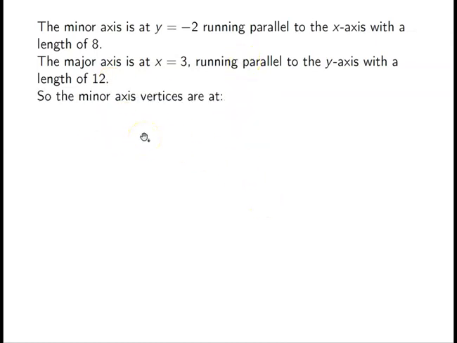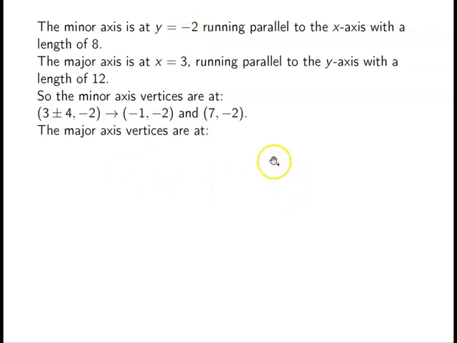so a length of 12. The minor axis vertices are then going to be located from the center, which is (3, -2), but I know that this length is 4: 4 in one direction, 4 in the other direction. So I take 3 and add 4 to it, and I can take 3 and subtract 4 from it to find one vertex and the other vertex on the minor axis. So that's (-1, -2) and (7, -2). From (3, -2), that's 4 in one direction, 4 in the other. That's a total length of 8, and it's centered at the y value of -2,